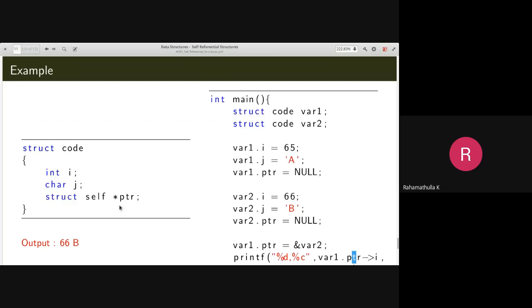Then you create three variables: variable 1, variable 2, and variable 3, and try to create a ring like structure which is having these three variables. A ring like structure where from any variable you should be able to access any other variable.